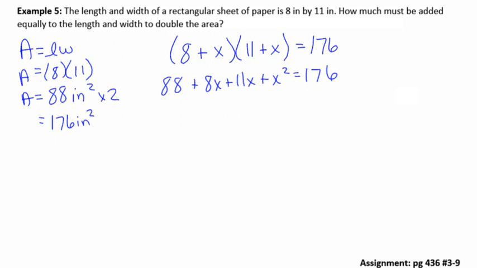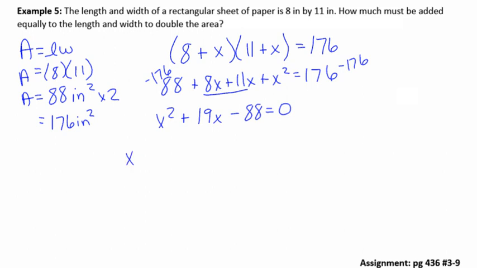Again, it's easier to work with your x squared value being a positive, so it's already positive on the left, so I'll subtract my 176, bring it over so that I have it equal to 0. x squared plus 19x, just combining like terms here. Negative 176 plus 88 will be negative 88 equals 0. So then we are left to find two values that would multiply to 88 and add to 19. Again, if you know something right away off the top of your head, go for it, but there's no whole numbers here in this situation. If you're ever not sure, feel free to use quadratic anytime. So